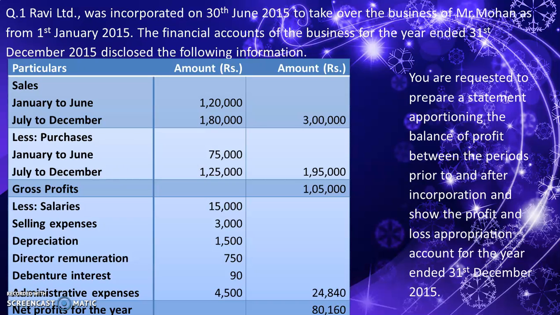While reading the expenses, we have to make note of under which note it is to be charged and what basis it is to be apportioned. For example, salaries, and it is to be charged under note number 2, employee benefit expenditure, and the same must be apportioned using time ratio. Selling expenses should be charged under note number 5 using sales ratio. Depreciation should be charged under note number 4, depreciation and amortization, using time ratio.